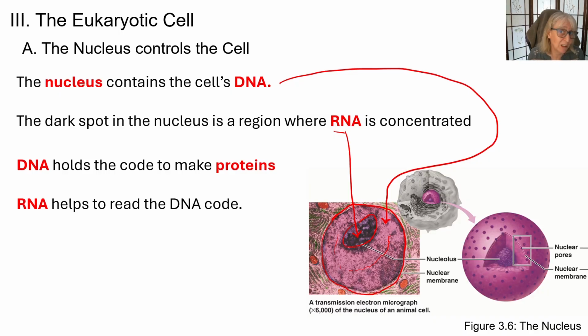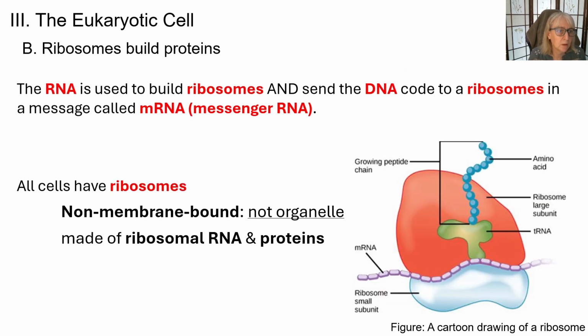RNA helps DNA read the code. DNA by itself is just the code for you. It's like a textbook that you never open. RNA allows you to read that code and utilize it to build your body's function. RNA is also used to build ribosomes. Ribosomes are found in all cells. DNA is found in all cells. Ribosome is found in all cells, and it takes the code that is read from the DNA and catalyzes its